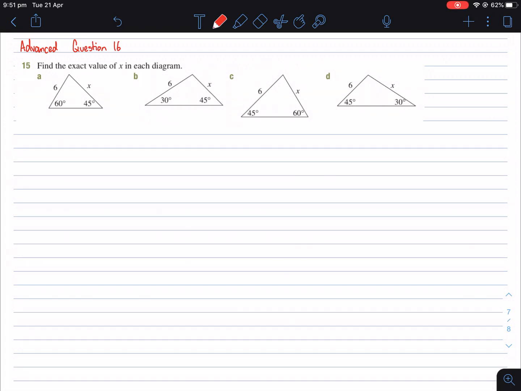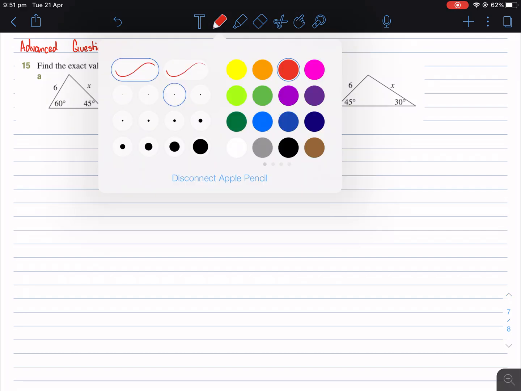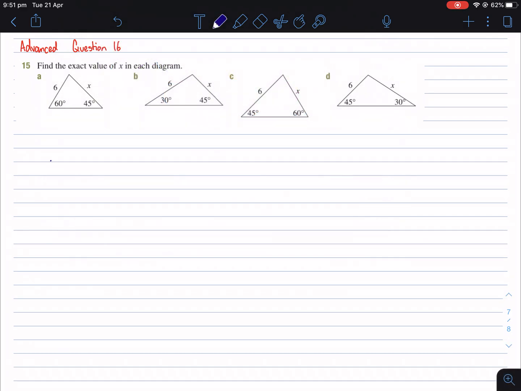All right, question 16 or 15. We're asked to find exact values of these. Now, you can see they've got 60 degrees, 45 degrees, 30 degrees. So, I'd like to remind you, if I have my 30-degree triangle, that's 1, 2. The other side must be root 3 and the other angle must be 60. And if I have my 45-degree triangle,